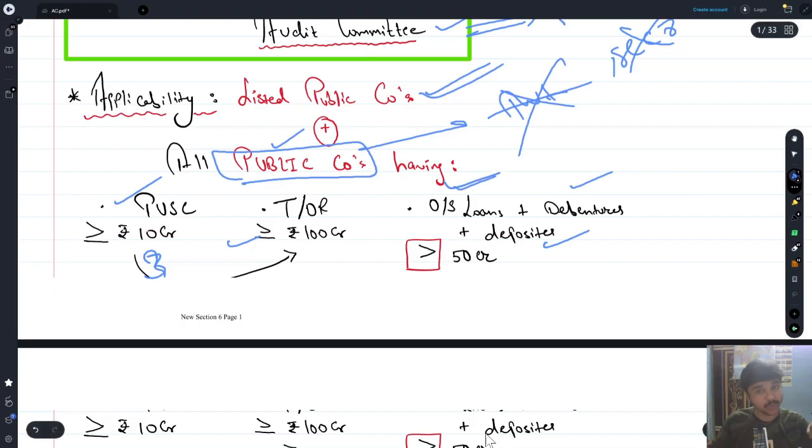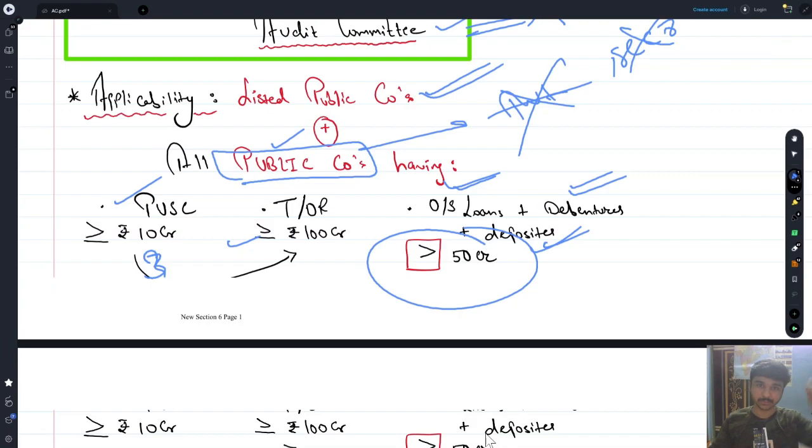First one is outstanding loans. Second one is debentures. Third one is deposits. So if you have outstanding loans plus debentures plus deposits of greater than 50 crores, not equal to, guys, not equal to, right? So from 10 crore of paid up share capital, we multiplied it into 10, we came to